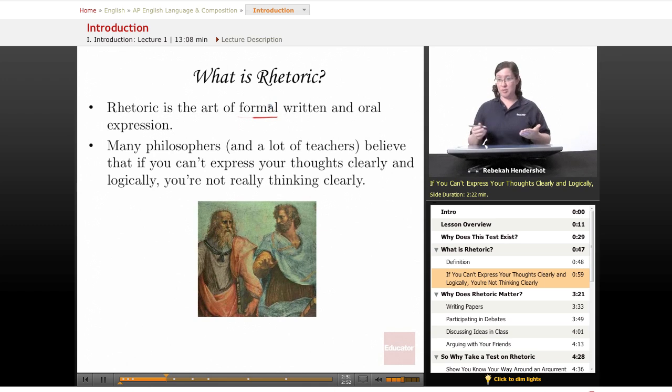So, the pendulum swung back the other way, and now most colleges require what's called a freshman composition class, where you sit in your class, they teach you grammar, just in case you didn't pay attention in elementary school, they teach you how to structure an argument, they teach you how to write. For most students who take freshman composition, it is one of the most boring and grueling courses they will ever take, but it's absolutely necessary because they haven't learned this stuff before. Well, this class is your chance to learn all this stuff ahead of time.